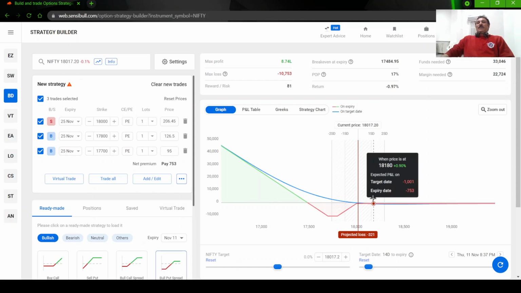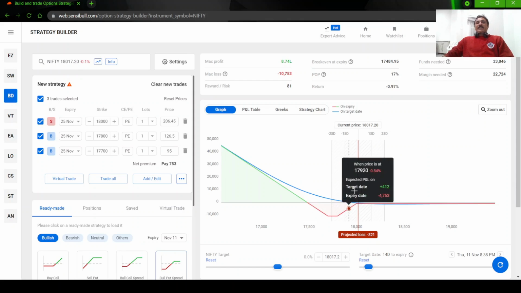Okay, so what happens is the level of entry is around 18,000. That is the market right now. That is where the market is. So 18,000. So once we take this strategy and consider that we are unlucky and our view has failed again and the market started going up again, when it started going up again, we don't take any additional risk. Our maximum risk is what we have paid. That is on the upside. If the market comes down further, we will start getting profit before the expiry. Like you can see on the target dates how the profit is changing.